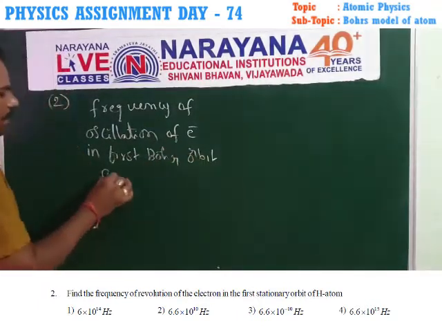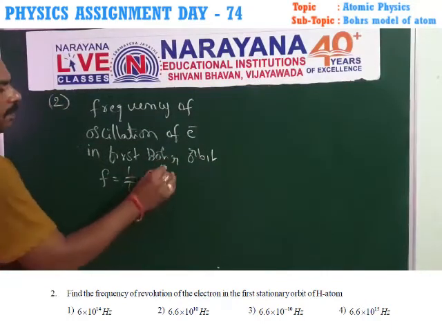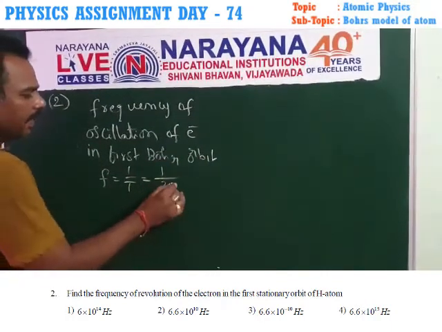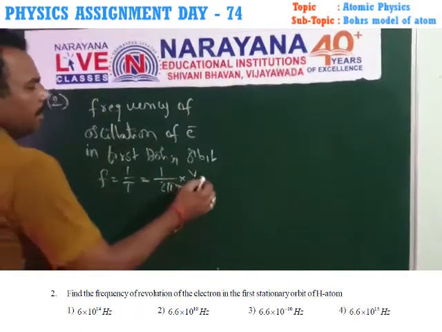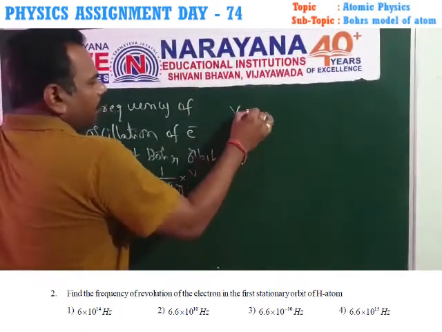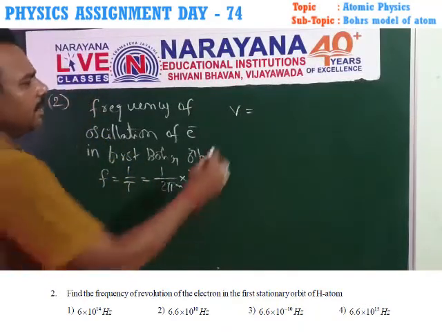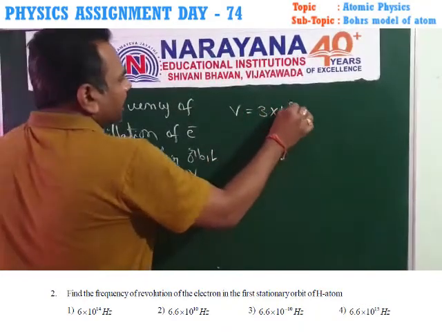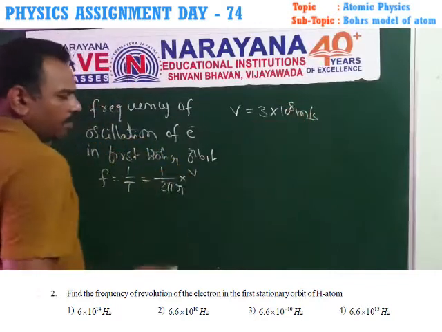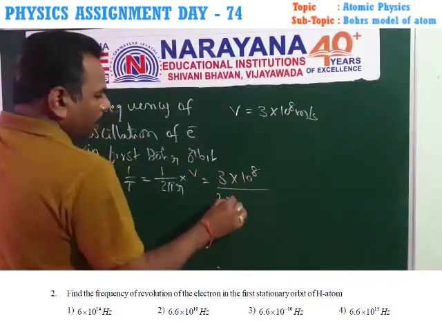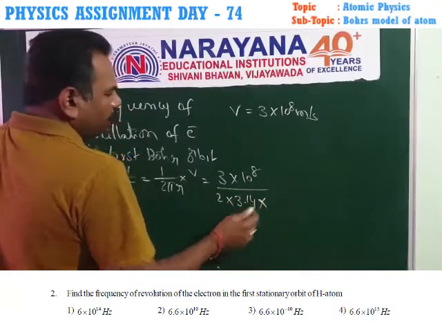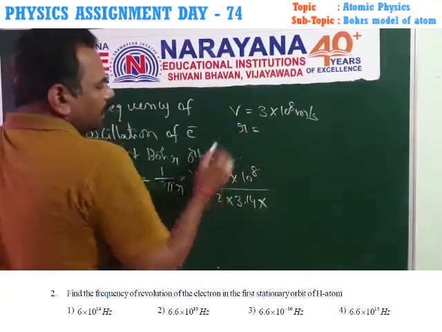The frequency f is equal to the reciprocal of the time period, and the time period is written as 2 pi r by v. But v is equal to the speed of light, that is 3 into 10 power 8 meter per second. So that is equal to 3 into 10 power 8 by 2 into 3.14 into the radius of the first orbit,